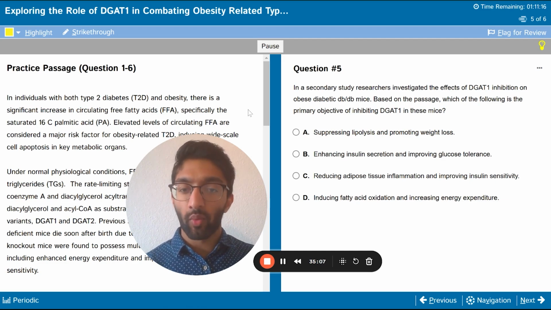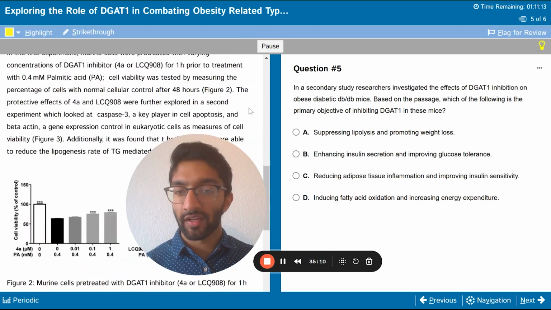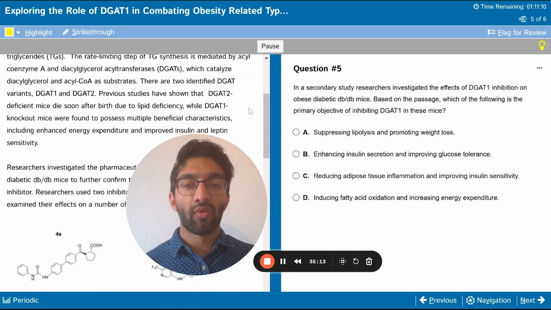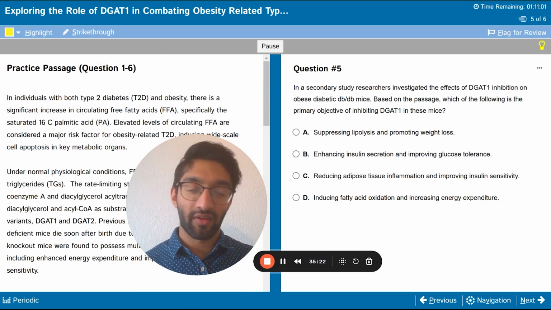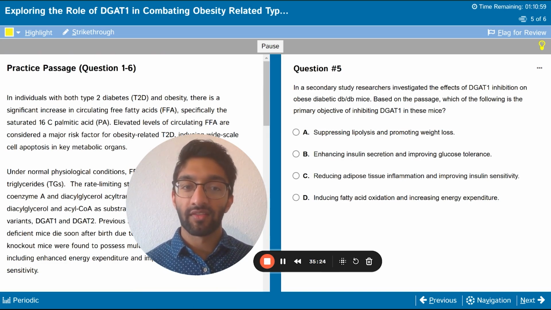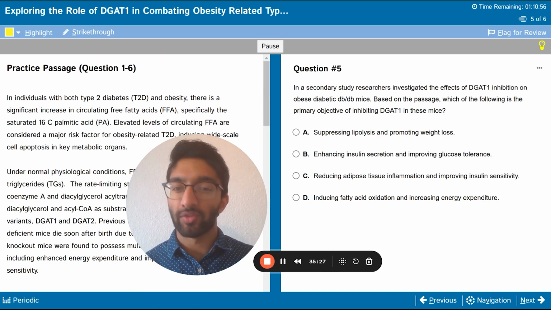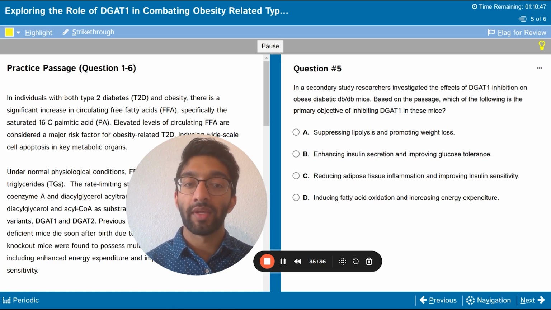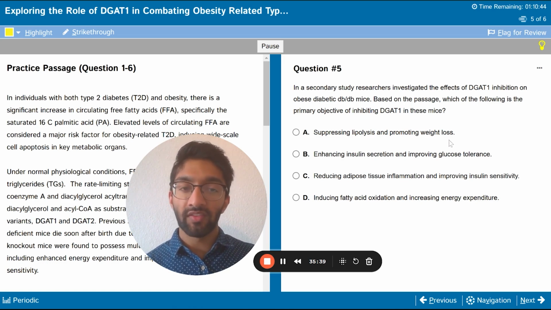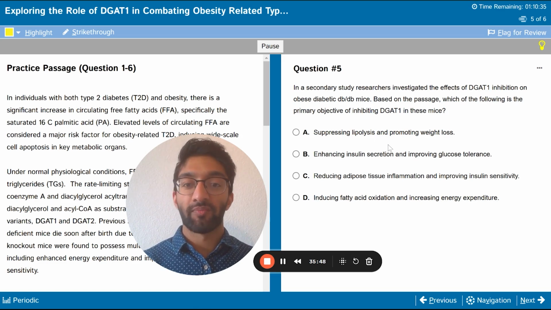Second thing, did we ever talk about weight loss in this passage? No. I can scroll through and try to look, but it was never there. So just as in CARS, you don't want to pick the out-of-scope or beyond-the-passage answer choice. Same thing in these passage-based questions in the science-based sections. Try to pick the answer choice that has some grounding in the passage, because even though this might be good for these obese mice, it's not actually supported by passage information. They're saying based on the passage, so we have to really pick the answer choice that's based on the passage.